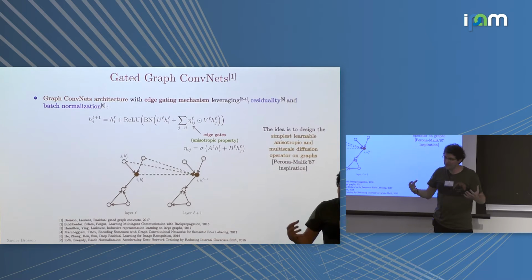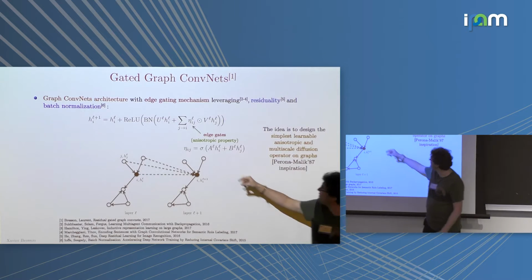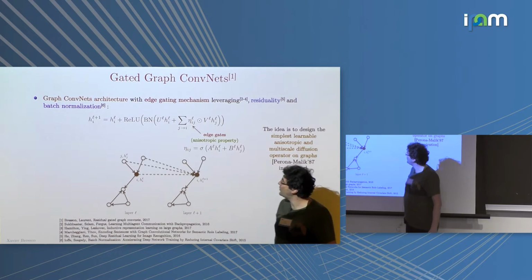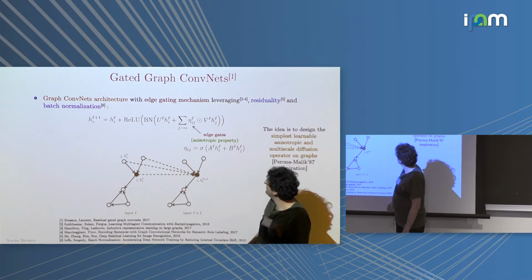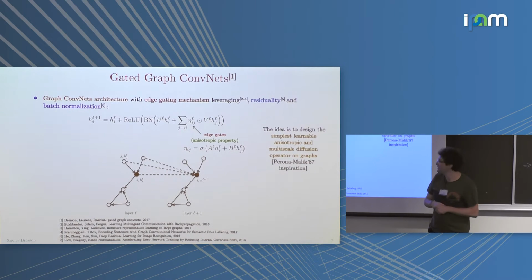So in image processing, we use that to do image denoising. If we have noise in an image on some homogeneous regions, we just want to diffuse in these homogeneous regions. We want to do some averaging operation, but we don't want to diffuse across two different regions. We want to preserve edges. And this can be done by using some anisotropic property here. So this is a kind of learnable nonlinear diffusion process that you can create on graph.